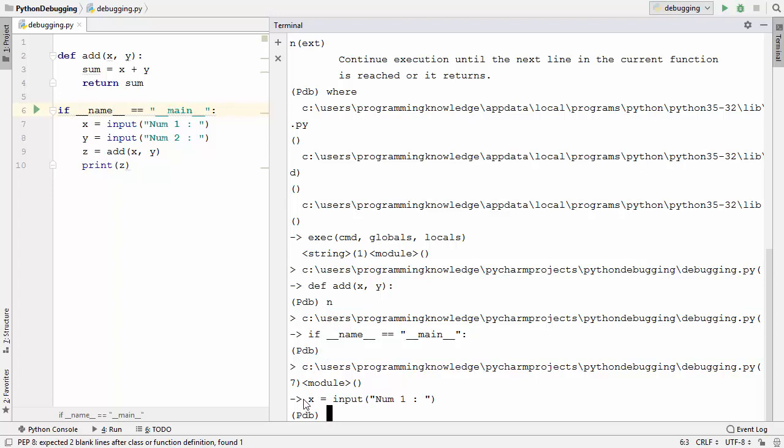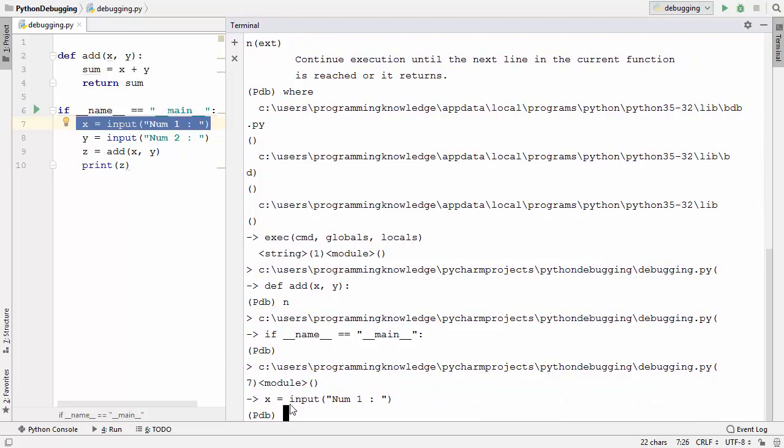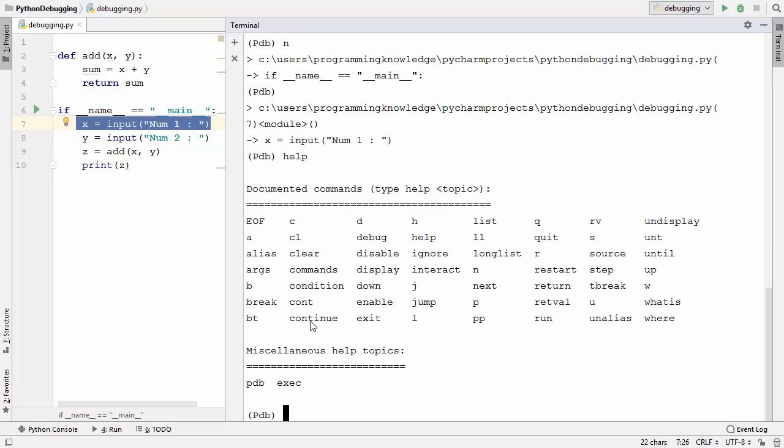So now we are on this line, which takes the input from the user, and you will also be able to see on which line this code is. So this line is at the 7th line. Now once again I'm going to press help here and then press enter, and now I want to use this continue command. So this continue command is used to continue the execution of your script from the point where you